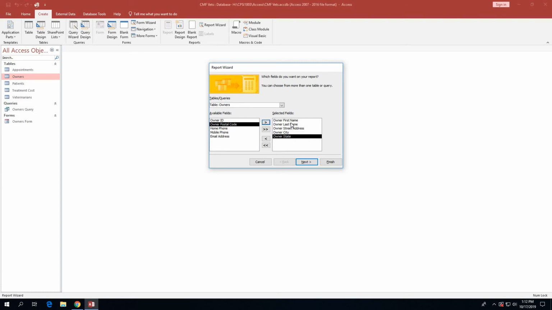So look at the 5 fields that you have in the selected fields column. Make sure that you have the correct fields, and also make sure they're in the correct order. Should be owner first name, then owner last name, then owner street address, owner city, and owner state. All right. Once you make sure that those are all there and in the right order, you're going to click